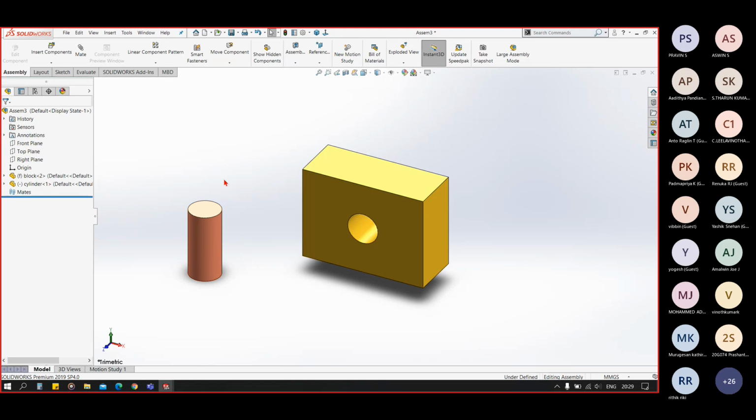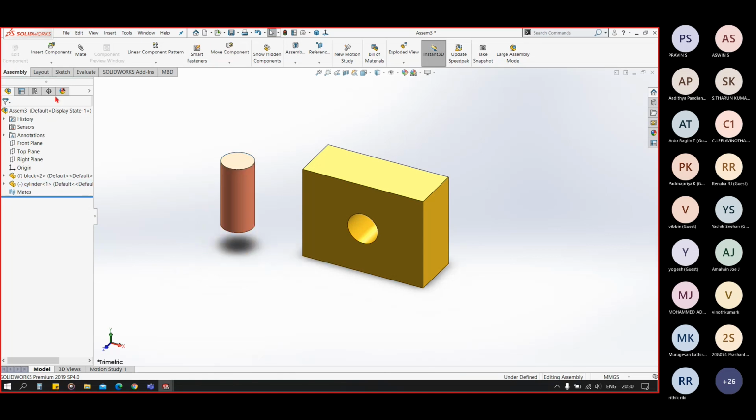So to add relations to it, again we have two options. We can select this face by pressing Ctrl and this face, suppose, and we have our pop-up here. We have parallel, perpendicular, tangent, concentric. This is a shortcut method, but as you are learning this for the first time, I will tell you both the ways.